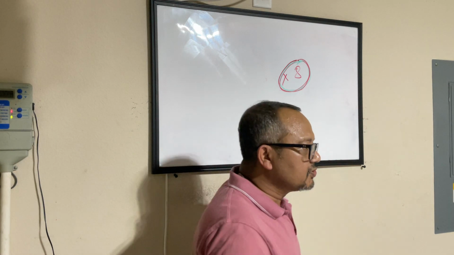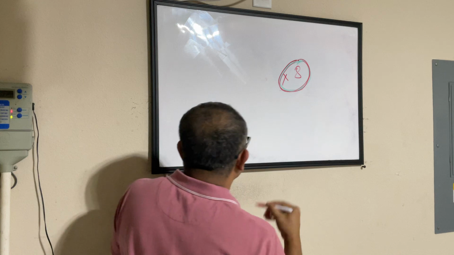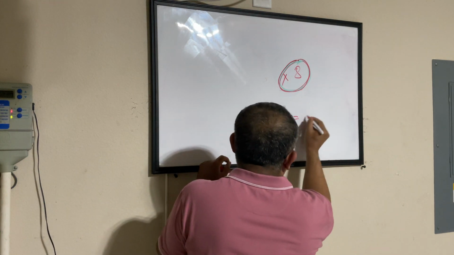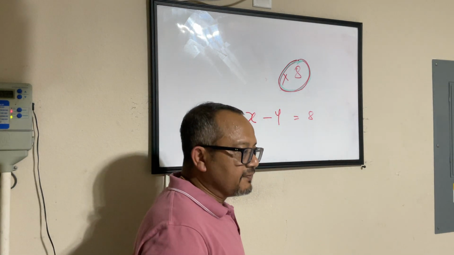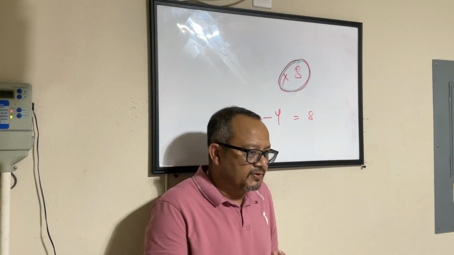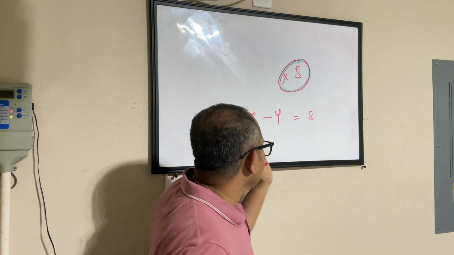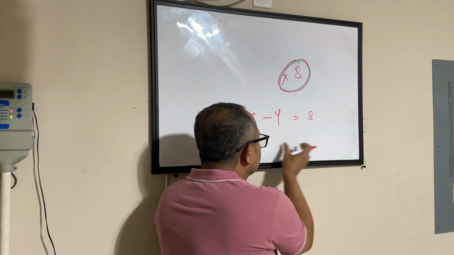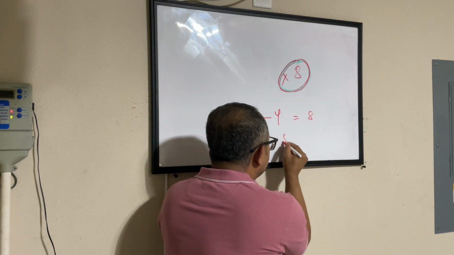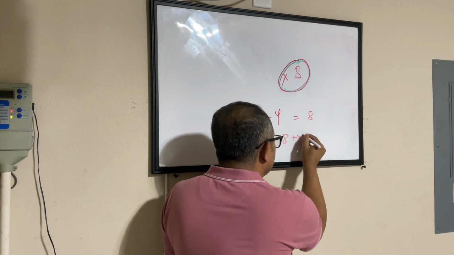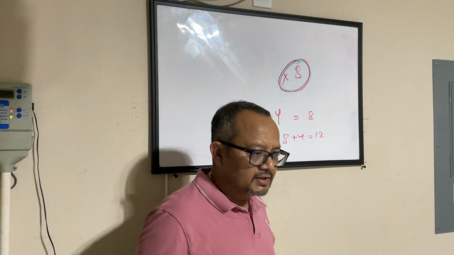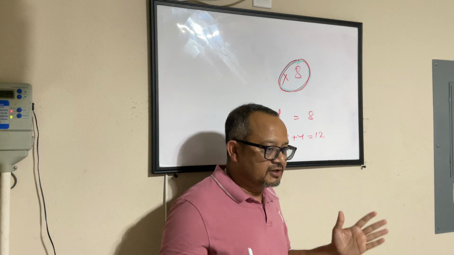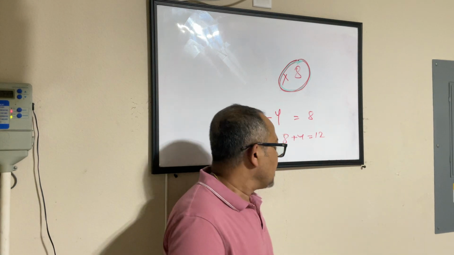Let's start with the absolute value equation. If I am saying x minus 4 equal to 8, everybody can find it out, right? If you have to solve it for x, you will make this guy travel across the equal to sign, and this minus becomes plus, that means x equals 8 plus 4, or 12. This part is okay, right? Okay. Now,